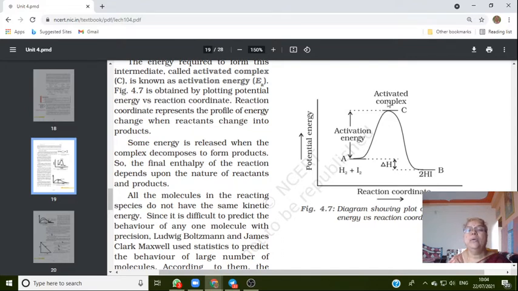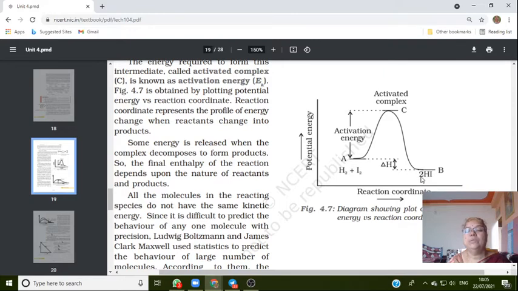And here we have the activated complex, and remember that the activated complex is an unstable molecule, and it has a very short lifetime,